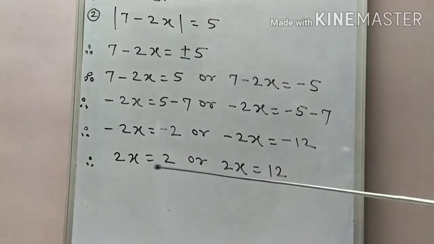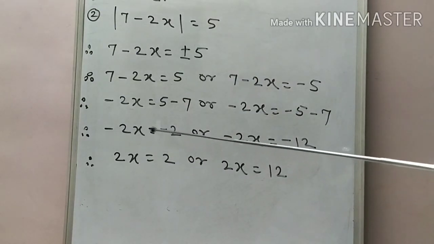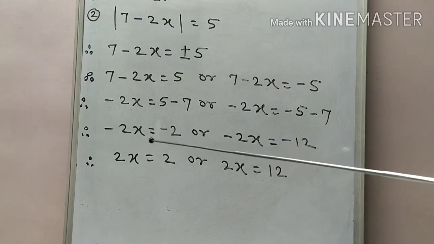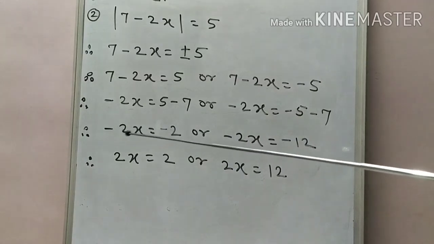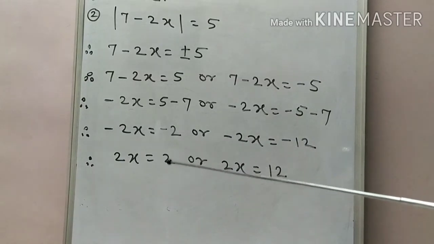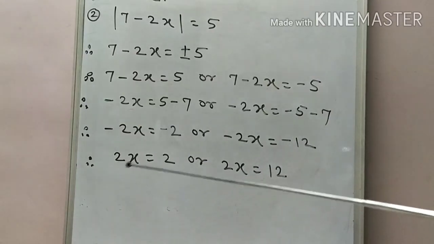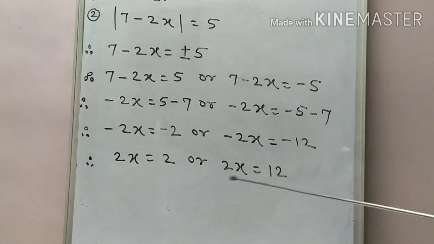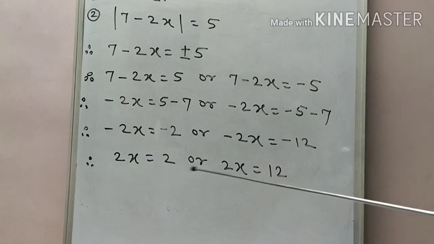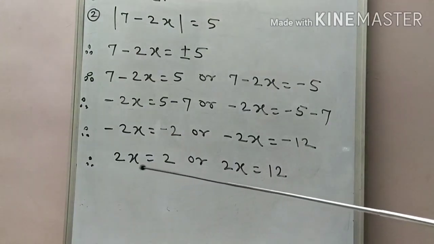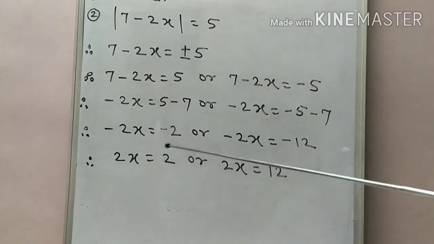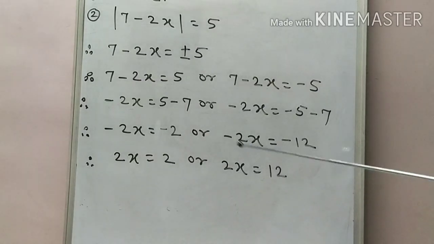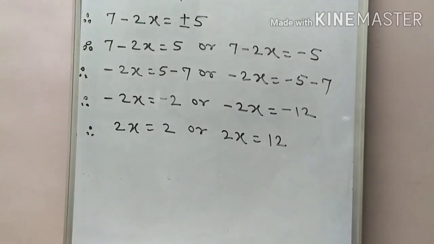Now what we notice here is that both sides have a negative sign, so multiplying both sides by minus 1, we write both values as positive. Similarly here also. Then the next step is to find the value of x. We divide the right hand side by 2, so we will get the simplified answer. So try to solve and give me the correct answer of x.